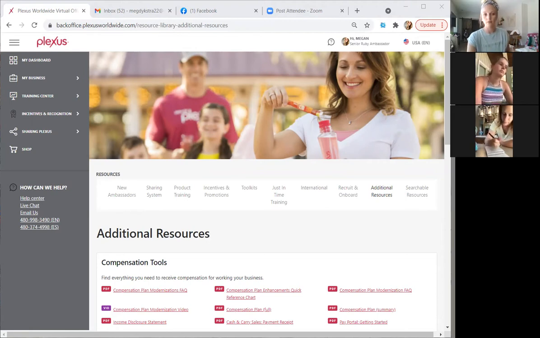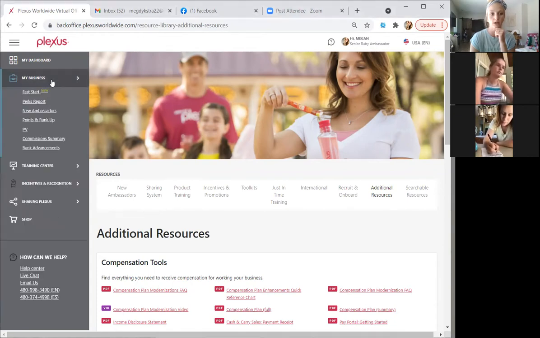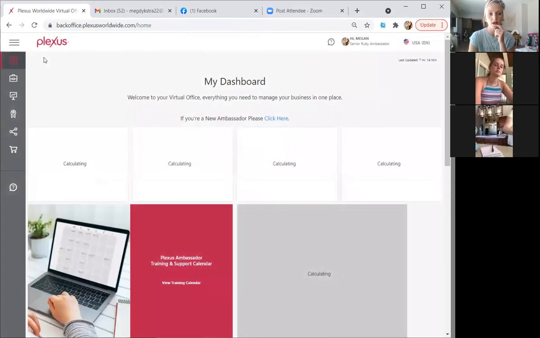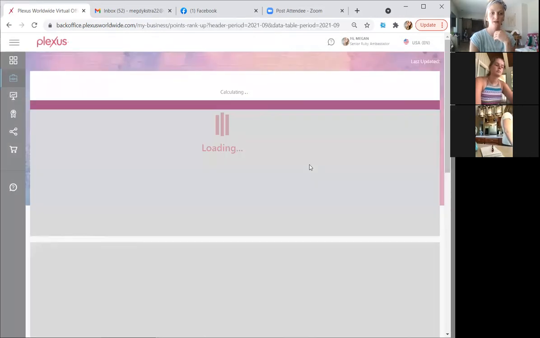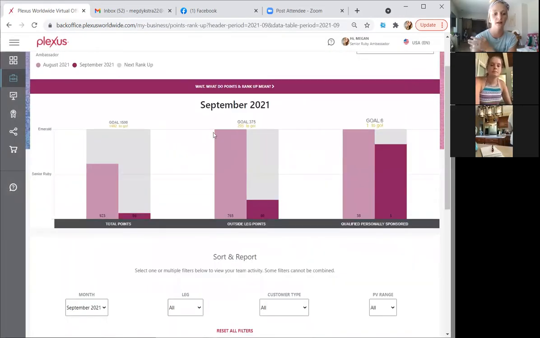Okay, let's get started. The very first thing, like I said, go to your virtual office, and we're going to look at your points from last month. If you click on points in rank, that is going to bring you to this page. On the left column always is the previous month. So the left column, in August, I ended with 923 points. And then the right column is what we are currently at as of today. So the first thing you want to write down in your sheet is what you ended with in August,